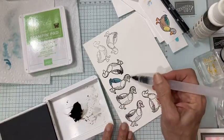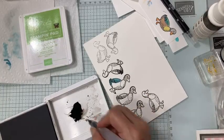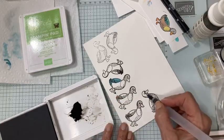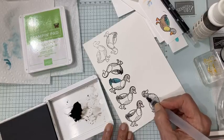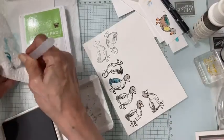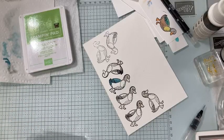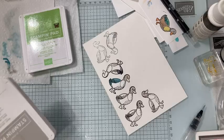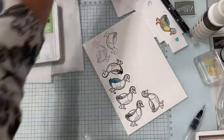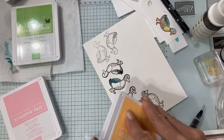Now look, you see how this is darker and this is lighter. I can always add more, but it's really hard to take color away. So I do like to start light, and then I can always add a little bit more color if I want to deepen it. So there's the head all done. And I'm going to once again clear my little brush, and then we will move on to, oh, I think the head was supposed to be green. Oh well. His bib was pink, and his beak and feet I know are orange,